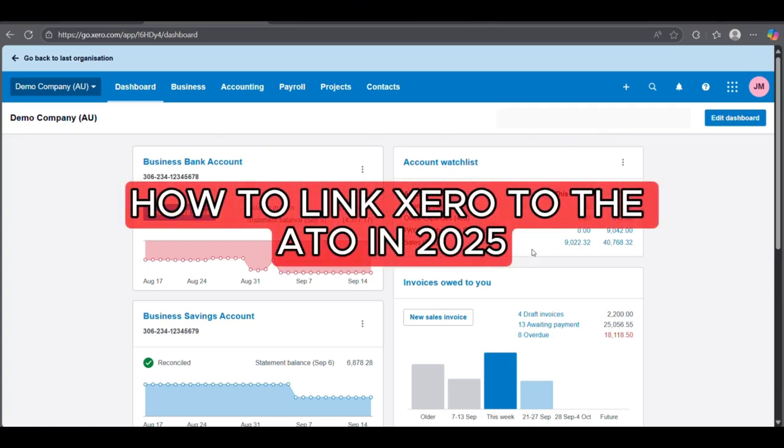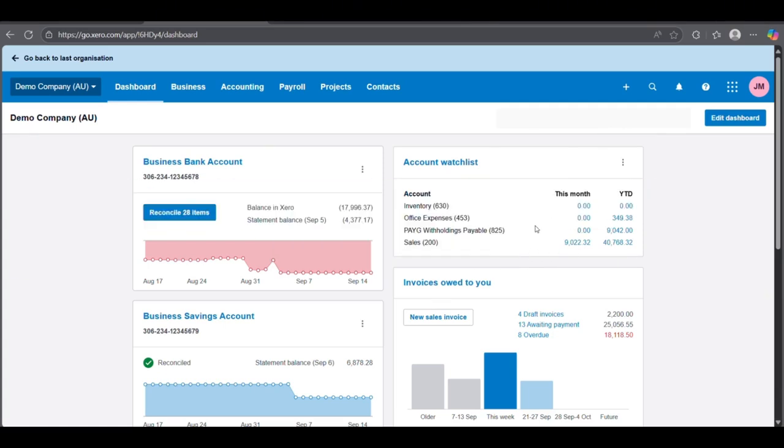Hey everyone, today we're going to talk about linking your Xero account to the ATO. So this is a super important step if you want to automate BAS lodgements, payroll reporting, and keep your tax reporting accurate. So first, you're going to have to log into your Xero account and head over to the accounting